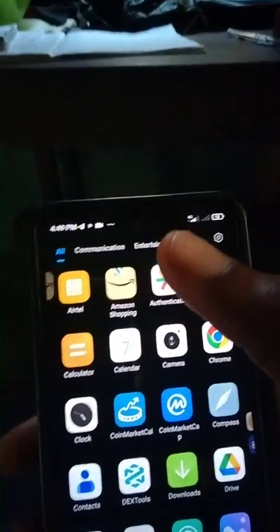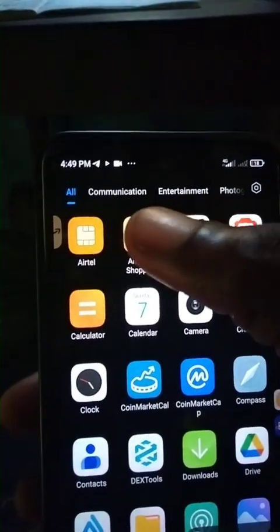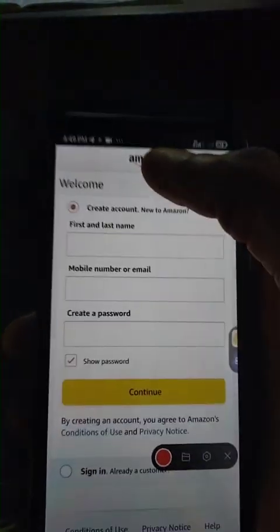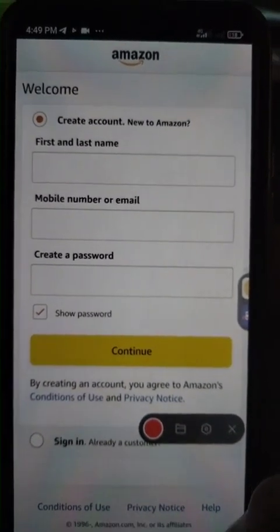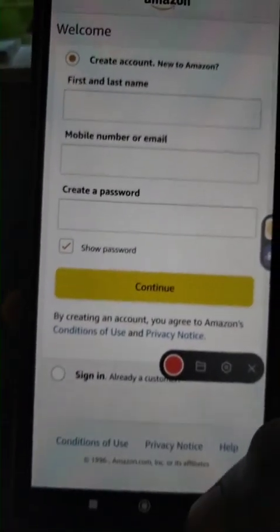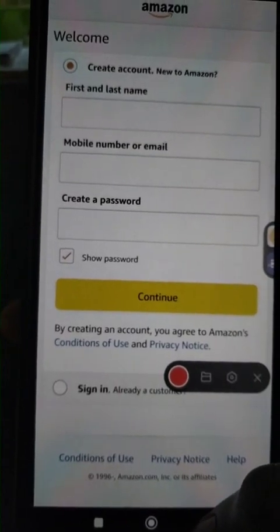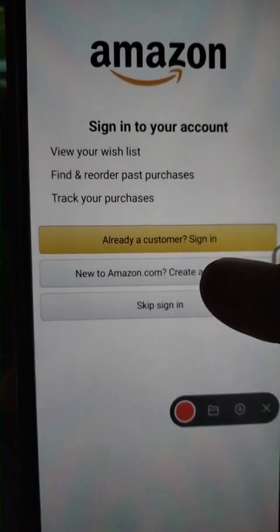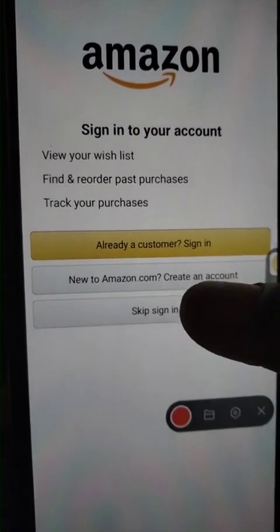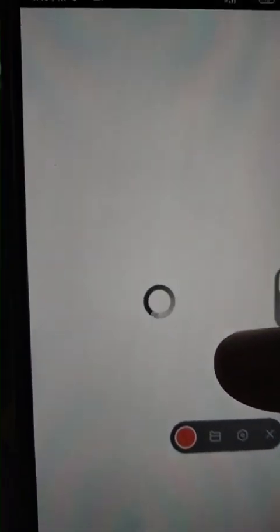Okay, yeah, here just tap on the Amazon shopping app. They don't allow screen record because of privacy. But on the normal, if you tap on it, this is the initial place it's going to lead you. So you're trying to create a new account, new to Amazon.com. So tap on create account, and then